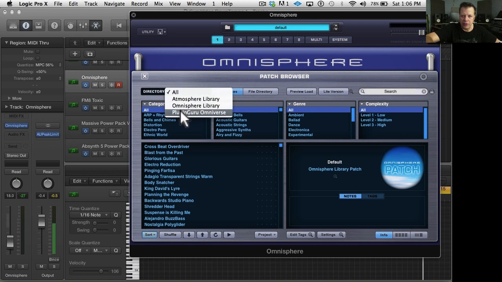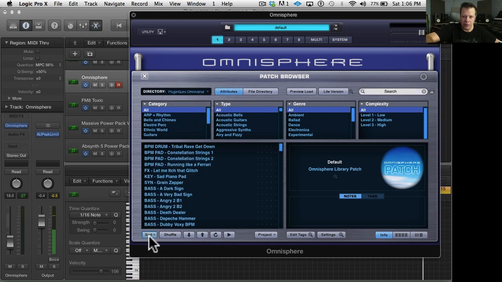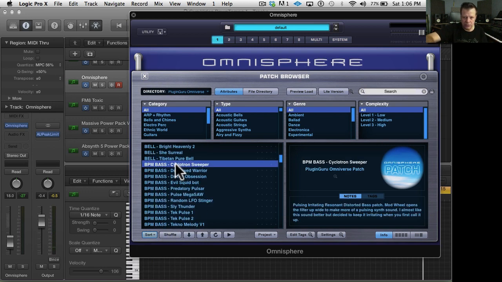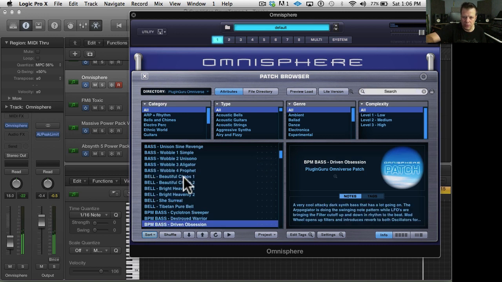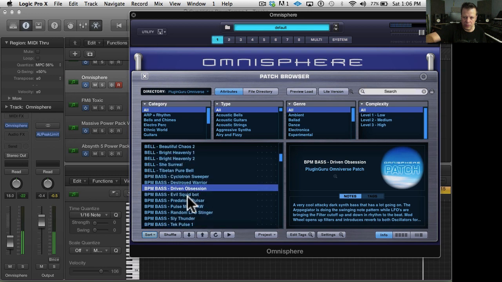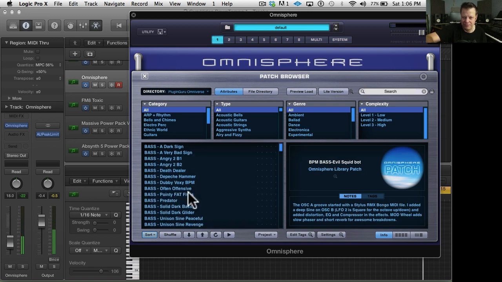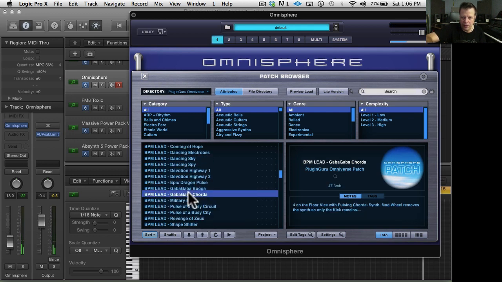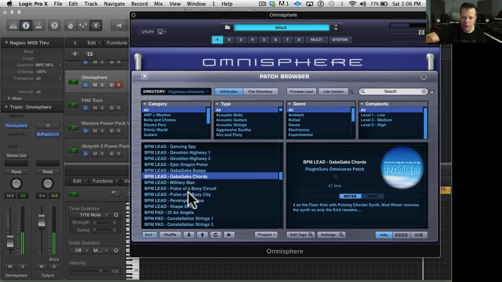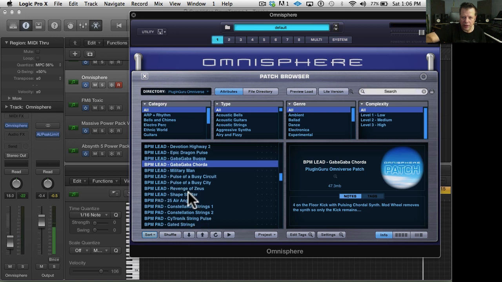So we go to the Plugin Guru Omniverse library, and we sort it by A to Z so that it all makes sense. Okay, wrong style. What might be cool is these, where are they?